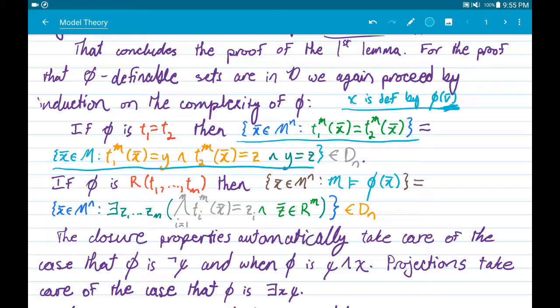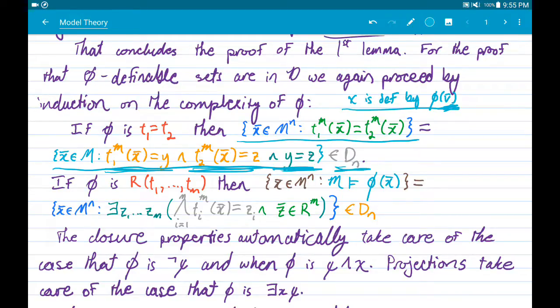So by describing it in terms of this longer conjunction, where each one is individually the graph of one of the term functions, or just the equality of some two terms, each one of the sets that we are intersecting is in Dn,